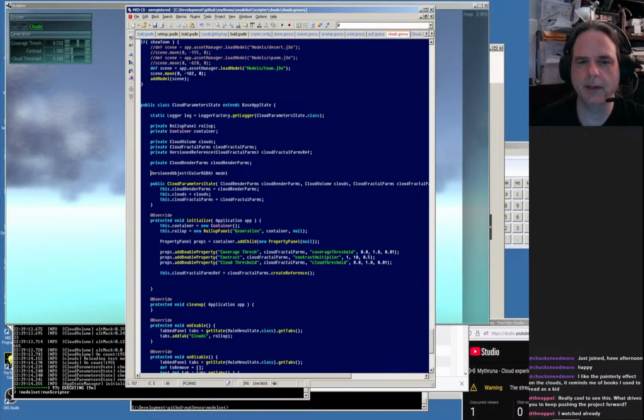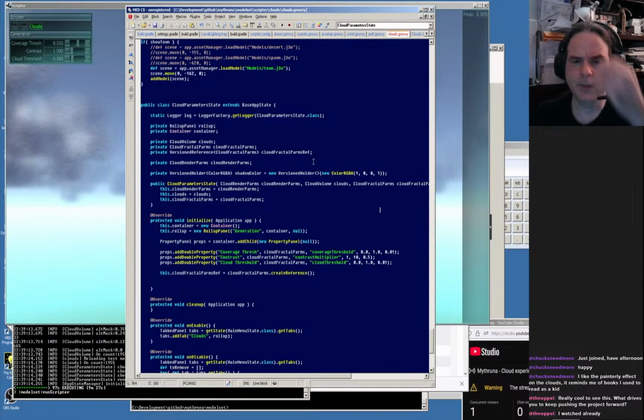So private shadow color equals new versioned holder. Yeah. New color RGBA. Let's just make sure that it's working by setting a really outlandish color. Okay, and so then,